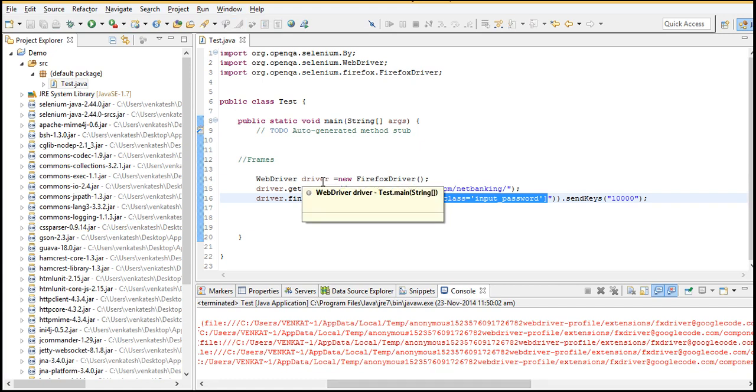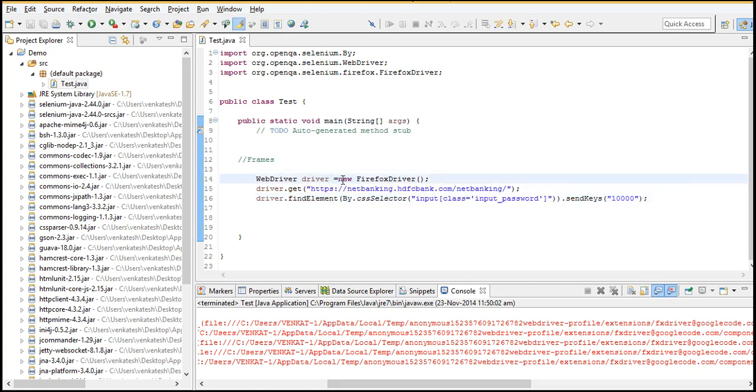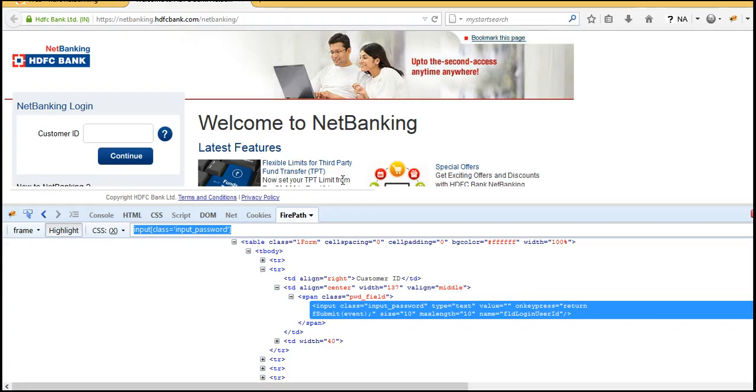So if you come across a situation where you have given a proper location strategy to identify it, and you still see something failing from the script perspective, then the first thing that should come to your mind is frames. Check if there are any frames in an application which might be the cause for failure.